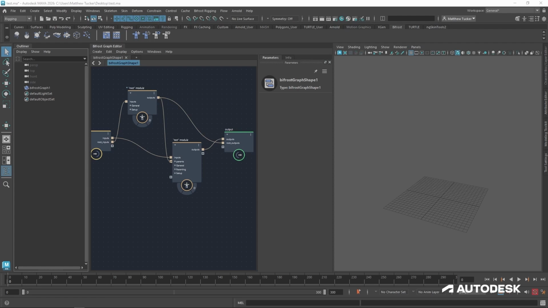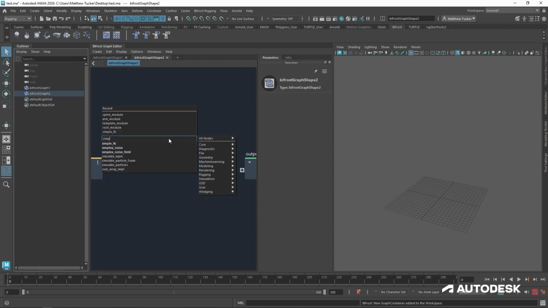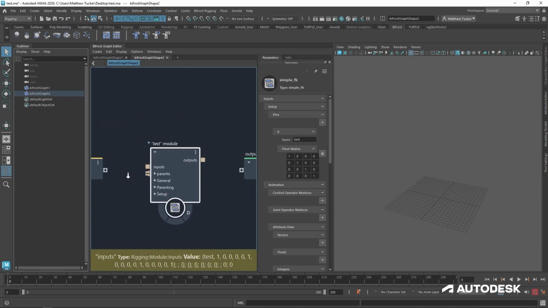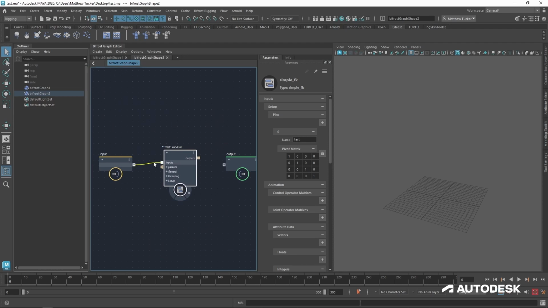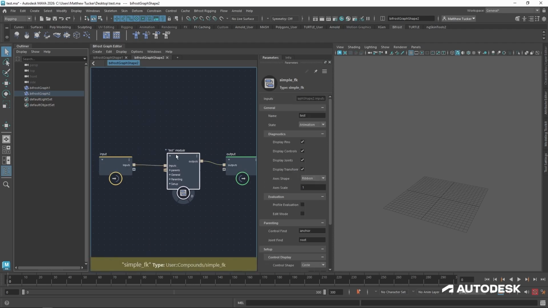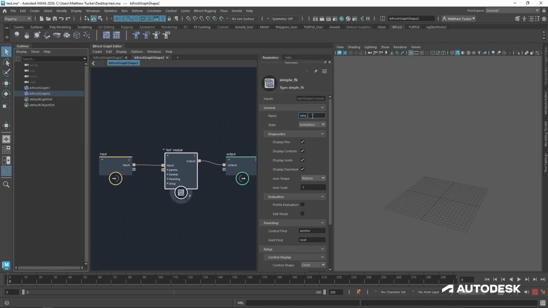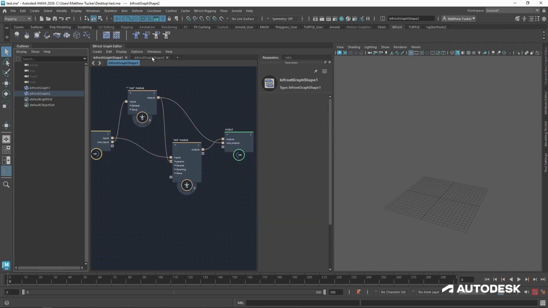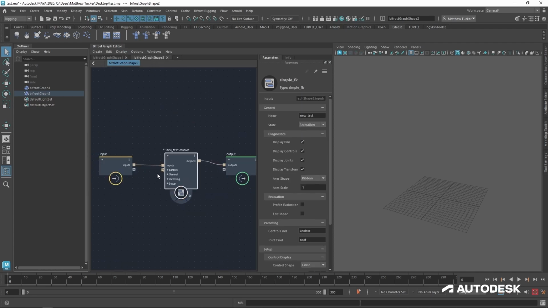This helps with parallelization. Now let's create a new Bifrost graph. We'll do that by going up to Create, New Graph. Let's add the simple FK module that we made earlier and connect the inputs and outputs to the compounds. Now we want the parent of this new module that we'll call new test, and we want the parent of it to be a module from another graph, specifically the root module. So in order to do that, I'm going to take the parents connection and hook that up into the input